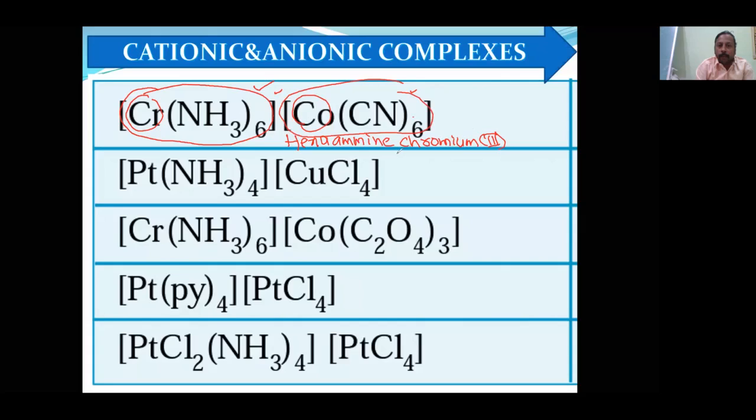Now hexacyanido. In this one I am writing hexacyanido. Then this will be cobaltate, and the oxidation number will be 3. So after going through this, you can try this one. Definitely you may not be getting it, but don't worry. That mistake you will rectify in the next example. After going through this, try yourself, then listen to my explanation. Here is the explanation of the answer.